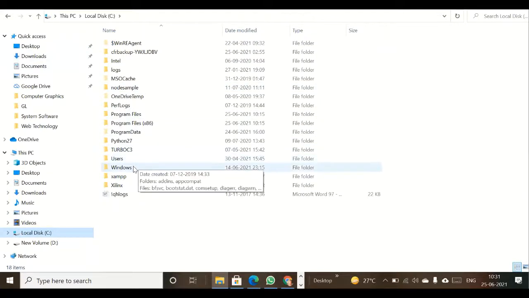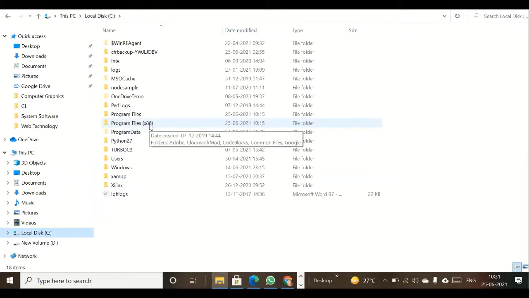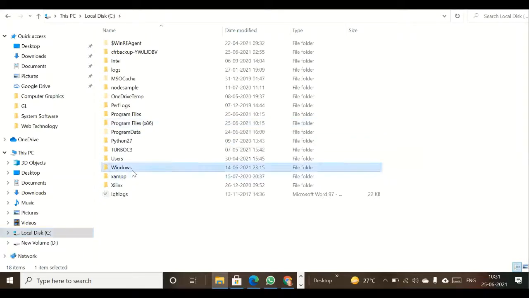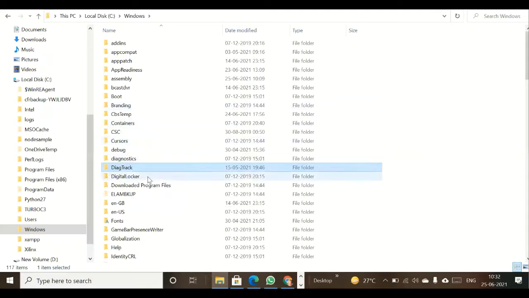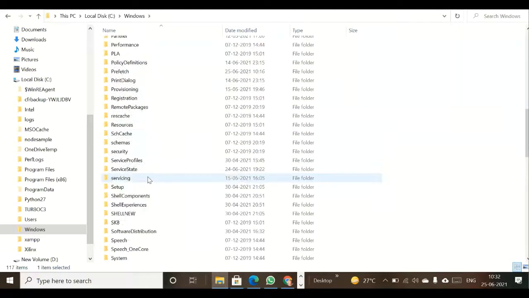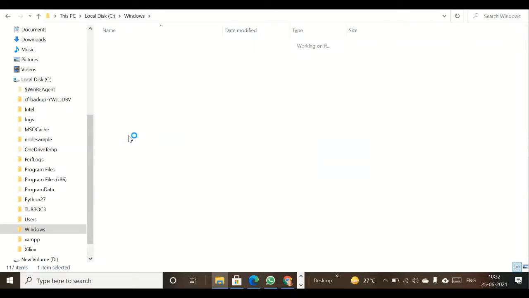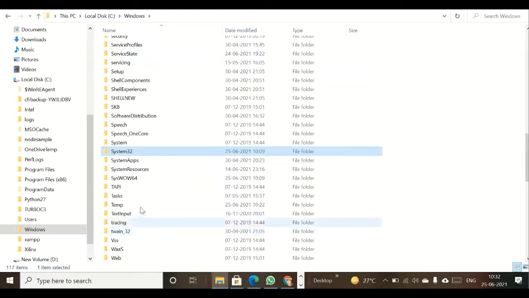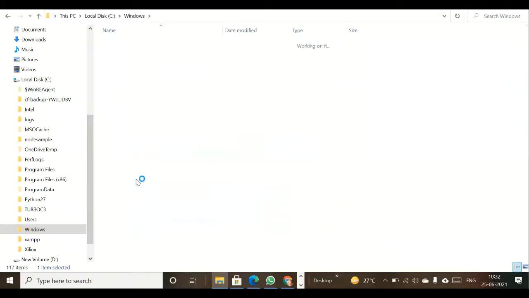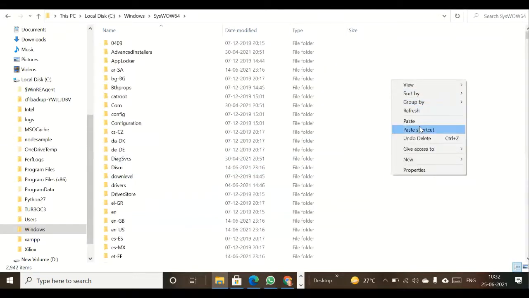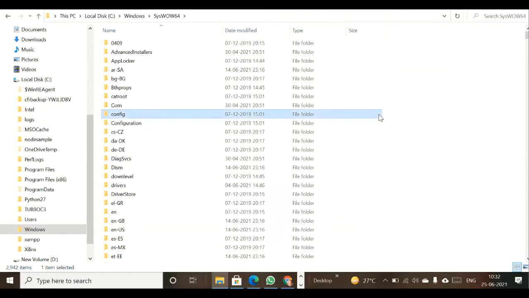After copying that file, click on the local disk, and then go to Windows now. It's not Program Files x86 which we did earlier. Now you need to go to the Windows folder, and here you can observe System32 and SysWOW64. If your system is 32-bit, you can go to System32 and paste it over here. Since my system is 64-bit, you need to go to SysWOW64, and then click on the paste button, and we need to paste that file here. After processing all these three steps,